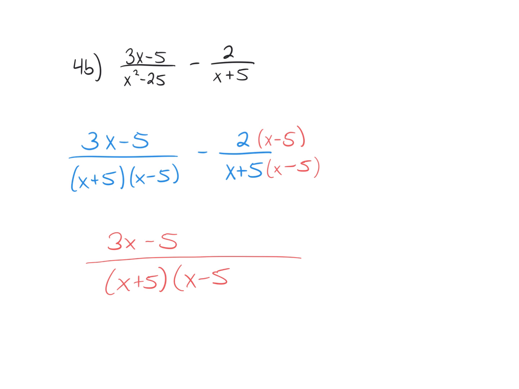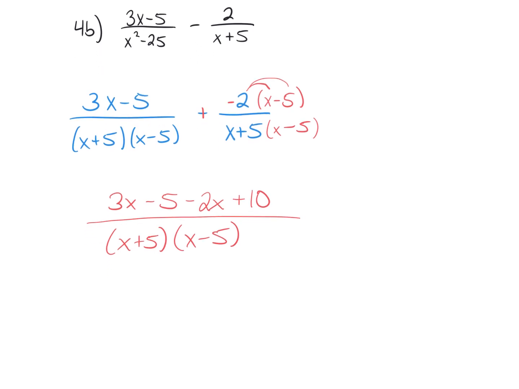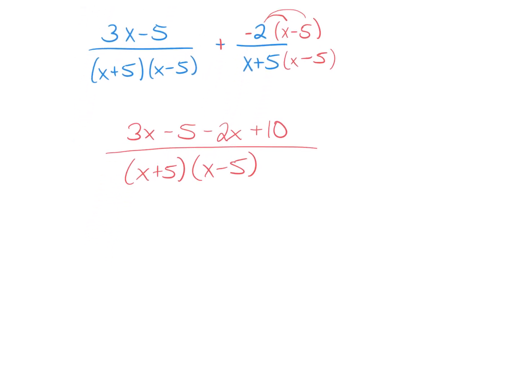I'm going to multiply this 2 in, but one thing we have to be careful with is the subtraction sign. What I want you to do is switch it. So we have negative 2 times x, negative 2x. Then we have negative 2 times negative 5 is positive 10. What is my next step? Combining like terms on the top. 3x minus 2x, 1x, negative 5 plus 10,